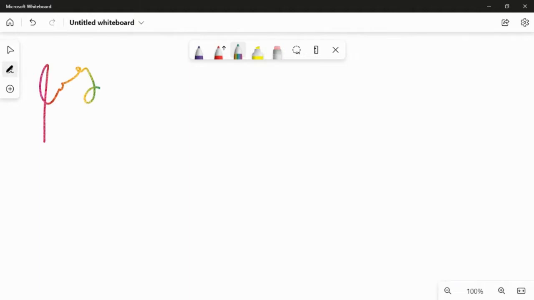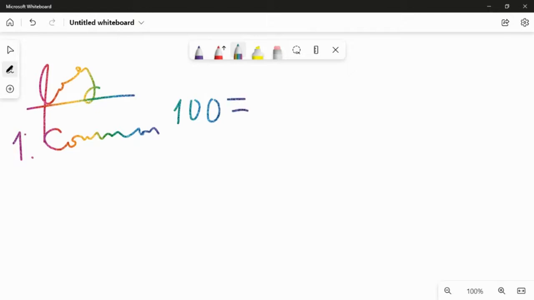Frequently, there are three types of logs used. The first one is called common log, the second one is called binary log, and the third one is natural log. Common log is the easiest to understand. It's basically a log based on 10. We all know 100 is 10 squared, and we can express this as